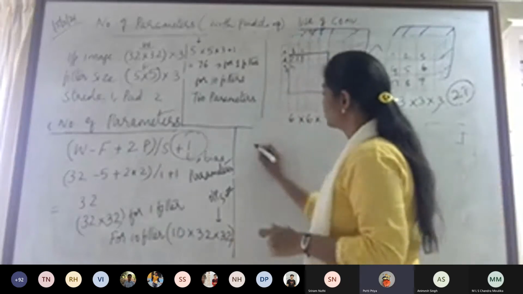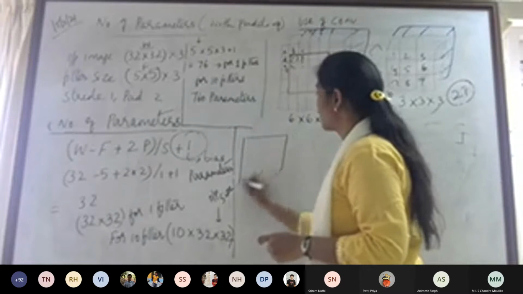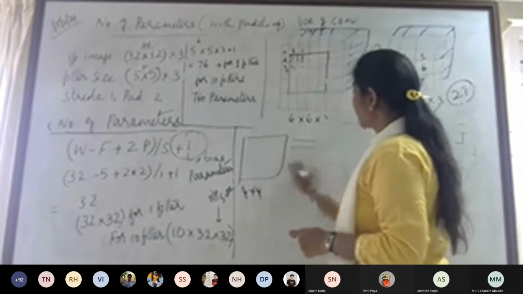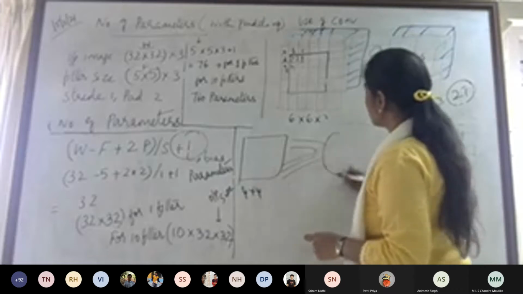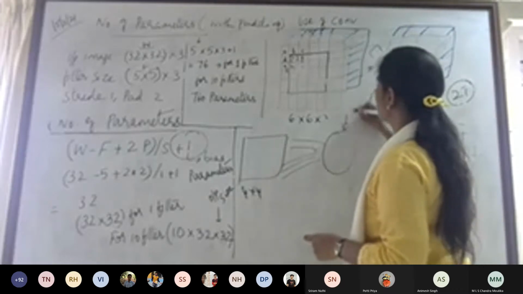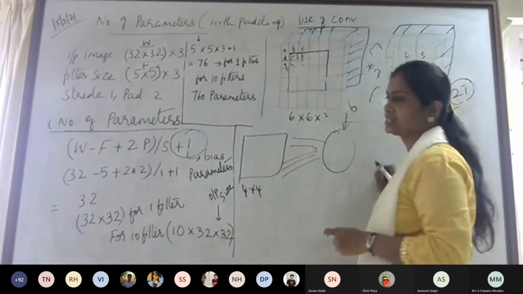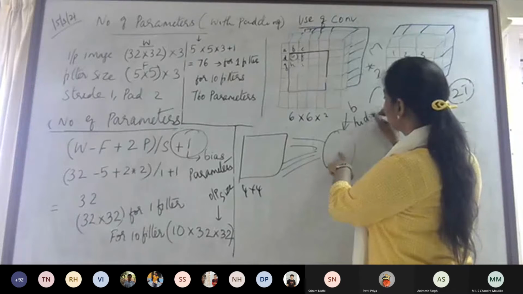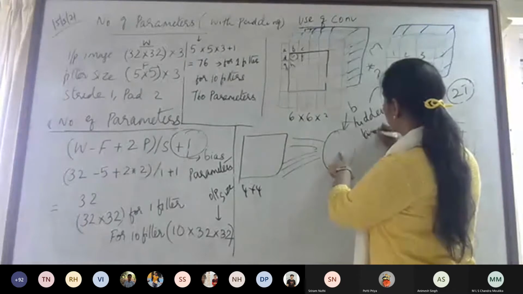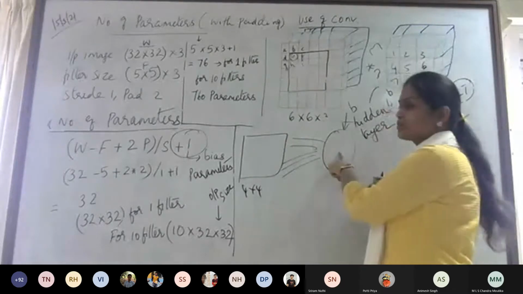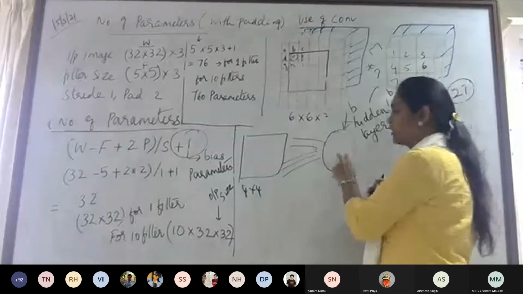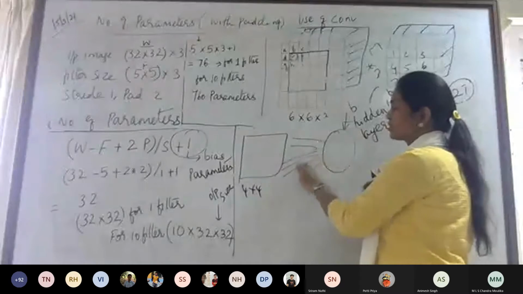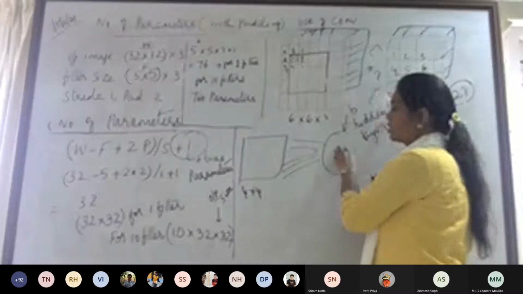So what I am trying to tell you is, now you have this 4x4. So you will have 16 values. All the 16 values go to one neuron. You will have one bias. Now this is my hidden layer. In my hidden layer, this is one neuron. This entire 4x4 set of elements comes to this one neuron.